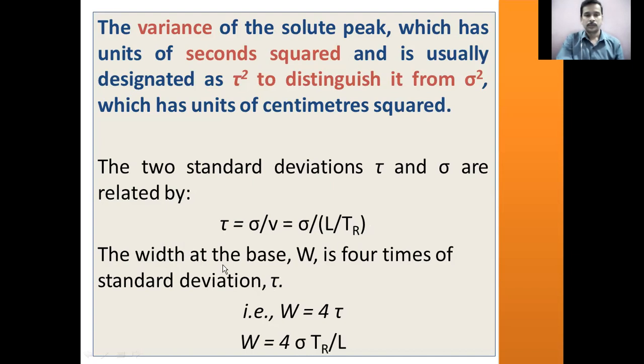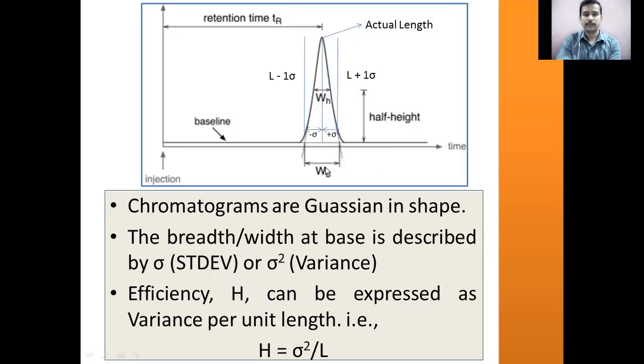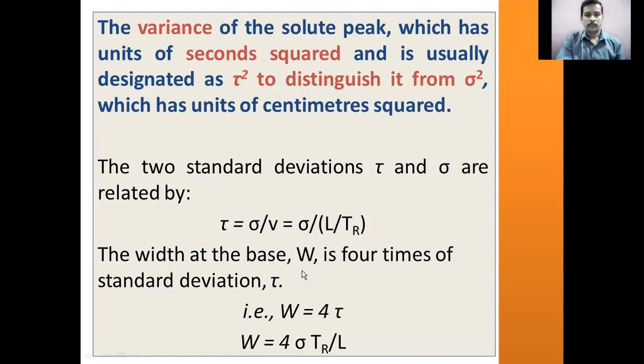Right. So, you have the chromatogram, it has the baseline width WB or W. The base width is 4 times its standard deviation, 4 into tau or 4 into sigma. This is according to the standard relationship. If you take any symmetric peak, the base of any peak will be exactly equal to 4 times its standard deviation. If the standard deviation is denoted by tau here with respect to distance, therefore W will be equal to 4 into tau. W is equal to 4 into tau.